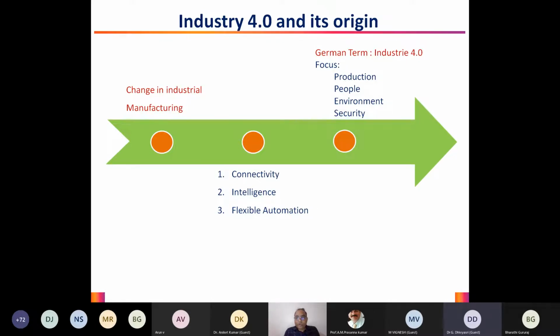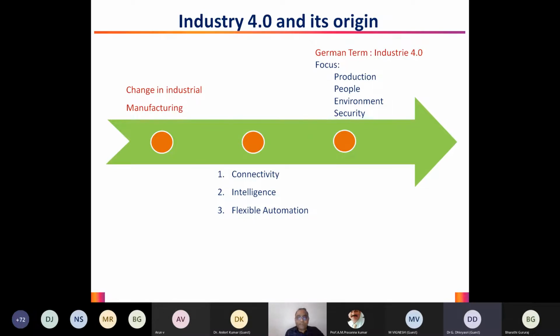So Industry 4, the term is basically a German term, so called Industry 4. It came into existence because the people involved in the manufacturing industry wanted to have IoT and cyber physical systems in their manufacturing unit, with a prime focus on productivity and the people involved in the organization, and they wanted to have a better impact on the environment and keep everything secured. So that way, their little strategy has grown into a huge factor in today's world, and it has been called the fourth industrial revolution, right?